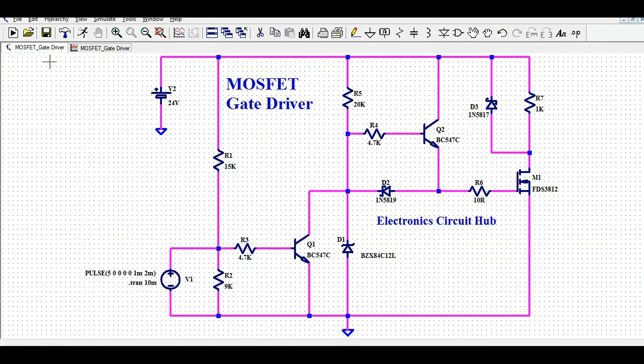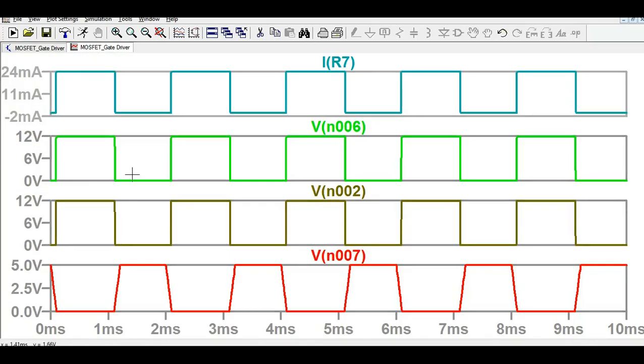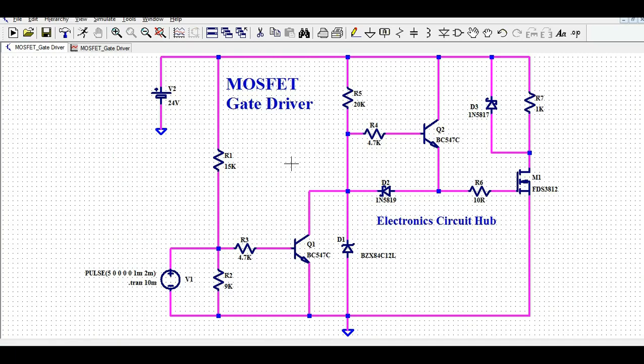So when your Q1 is not working, Q2 is working and M1 is working, and when your Q1 is working, Q2 is not working and M1 is not working. That is how you see the waveform of your entire gate driver circuitry. This circuit has not been built in production. If you want to build it, you can test it and modify the component ratings as per your requirement, and then you are ready to use this kind of circuit in your mass manufacturing. But be very sure that you have tested it and selected all the components based on your design requirements.